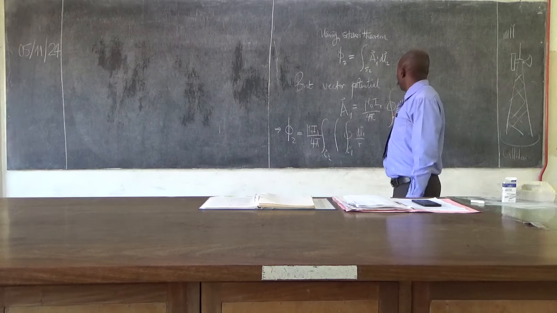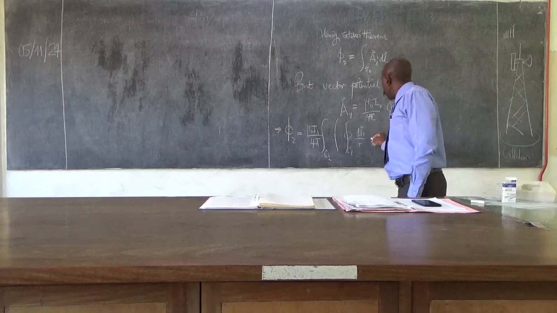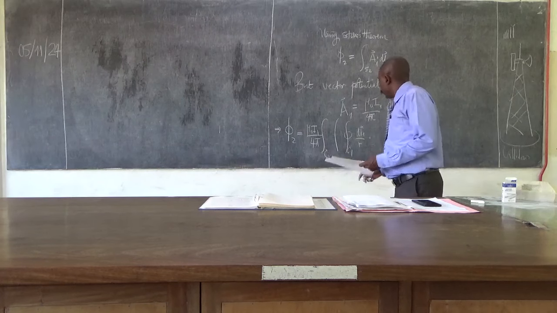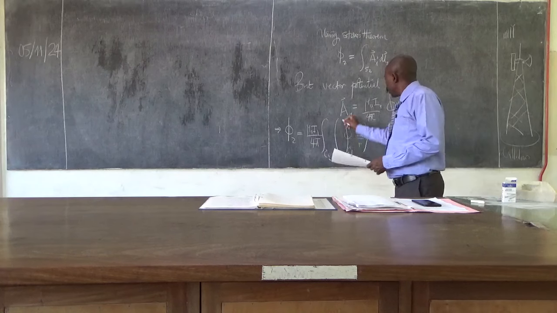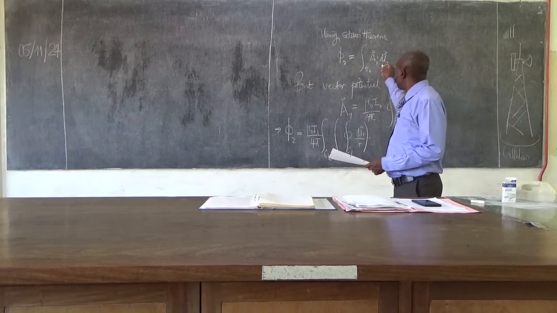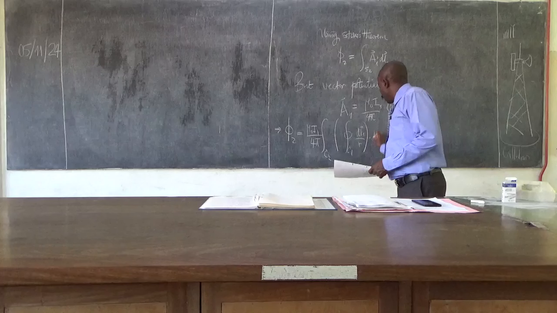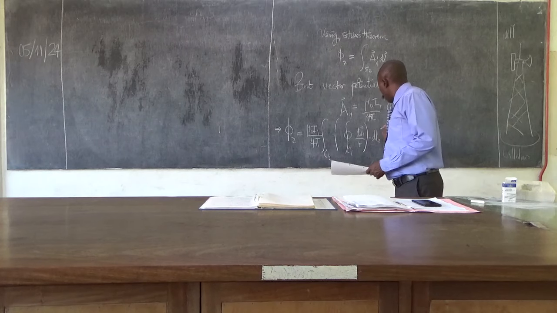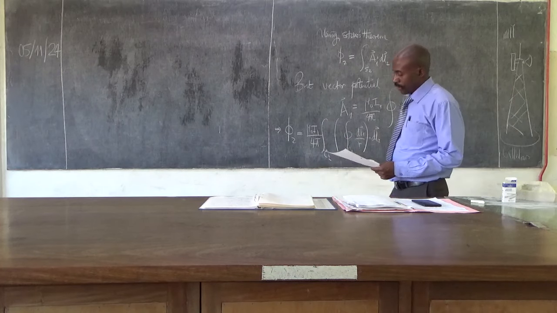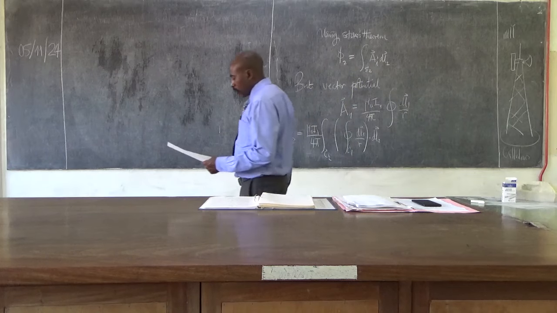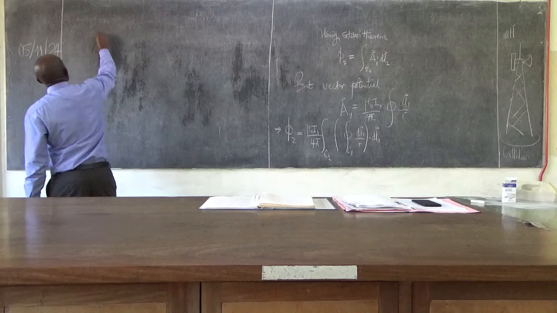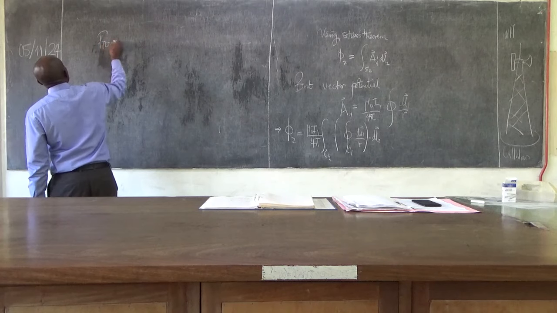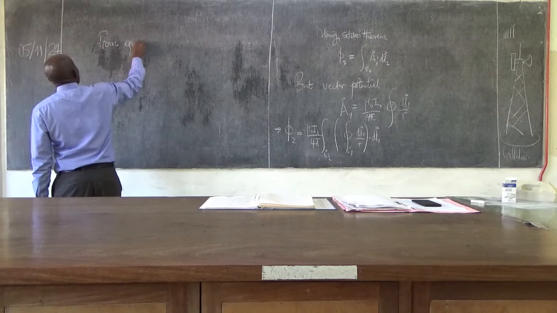This was A1, so it will be dot. So the whole thing is covered here with this parenthesis, and then we'll be having dot dl 2. From equation 3, I don't know where it is, but you have it in your notes. From equation 3,